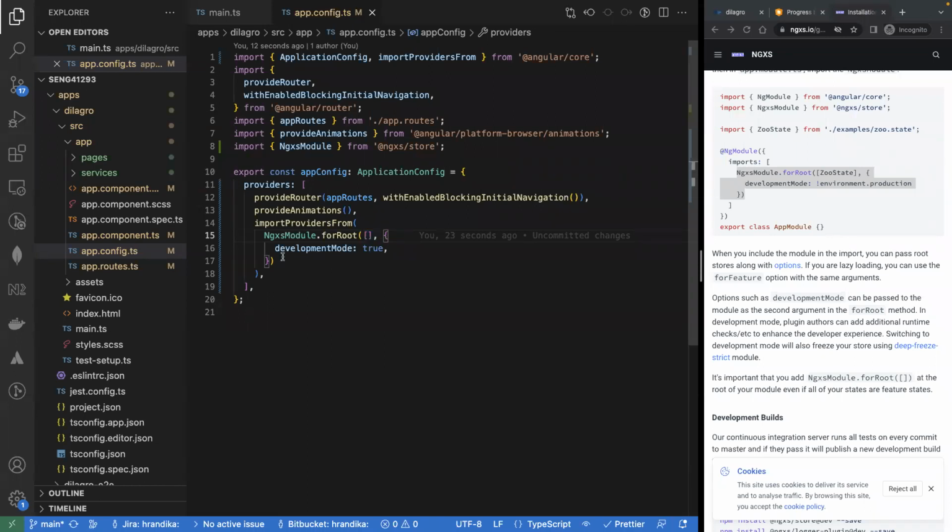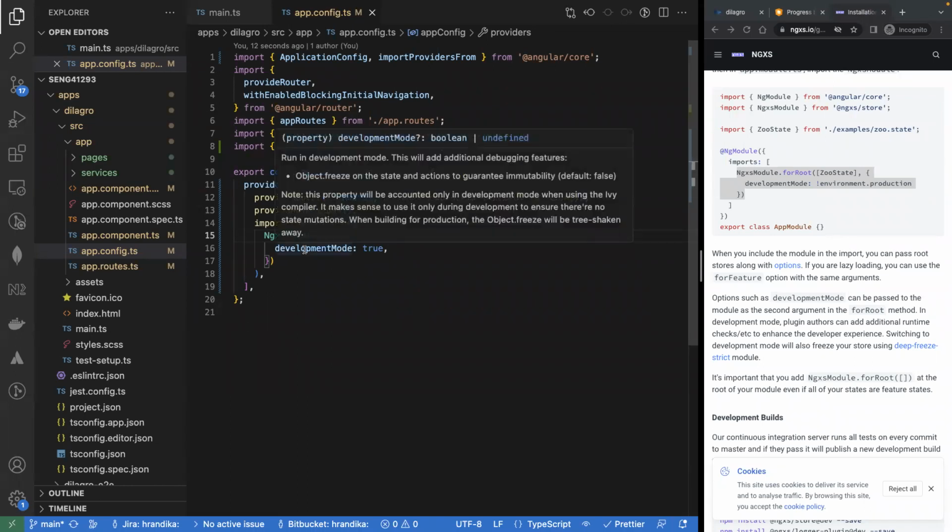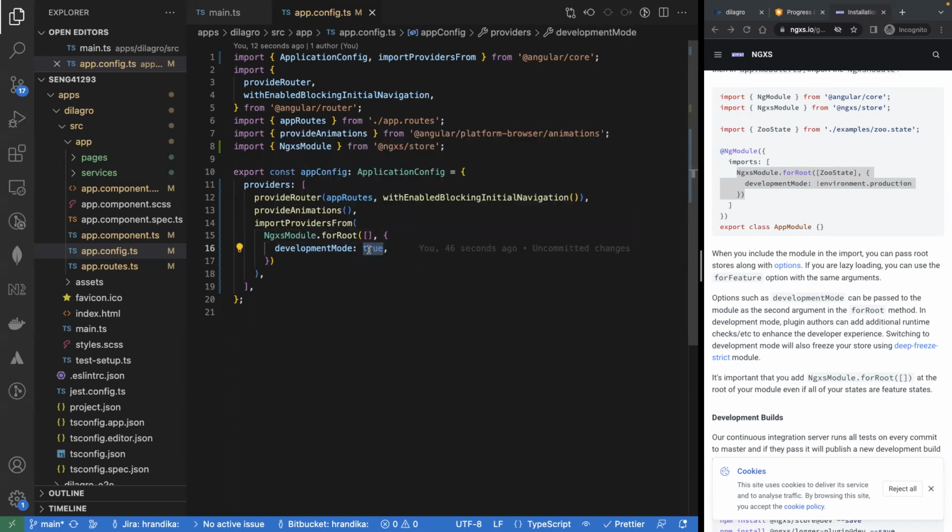We will say what this is. And there is one thing that we call development mode. Development mode is an indication that we are using development features, but in production, we need to make this false. In development mode, there are such things that will be exposed by the NGXS module to make things easy. We'll see in a little bit, but for now, we'll just say true. So we have introduced the NGXS module for root. And in here, you guys will see that empty